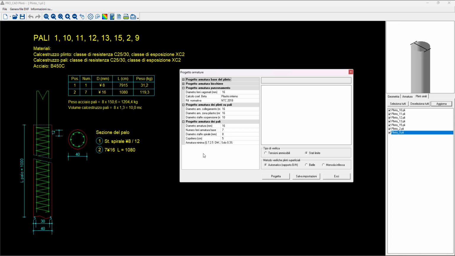So here we have phi8 on 12 centimeters between each other, and we have phi7, so a 7 diameter, number 16 for longitudinal rebars. That is the same that is stated here. So this is the minimum, as I said before.